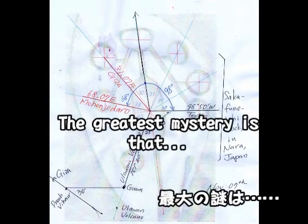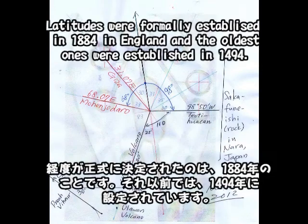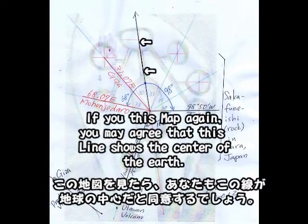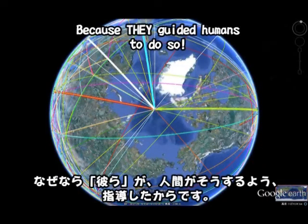Because someone knew the center of the Earth before humans established the center of the Earth. Humans established the center of the Earth in Greenwich, England, in 1884. But okay, before that, 1494. But the Sakafune-ishi was apparently built more than 1,000 years ago. That means the one who made the Sakafune-ishi knew the center of the Earth before humans established the center of the Earth. But why? This is the North Pole, and have a look at this